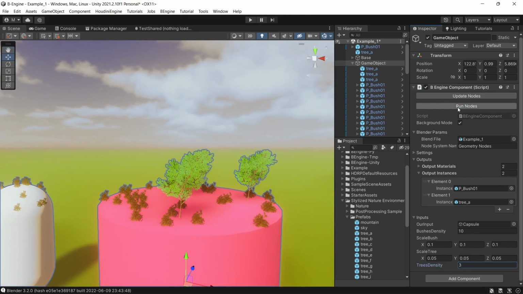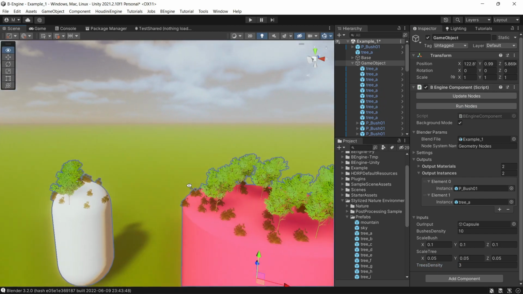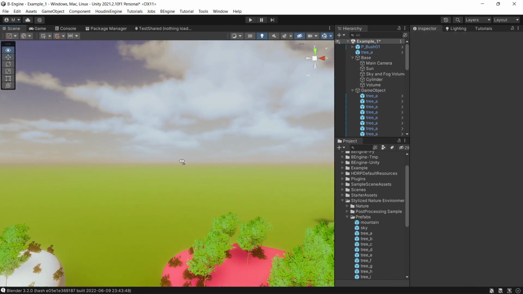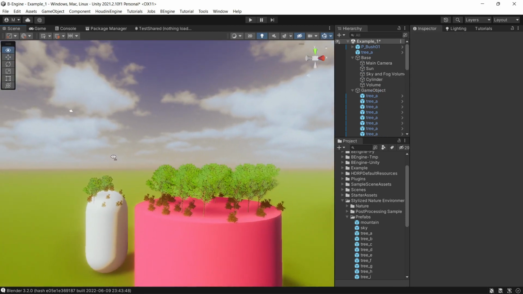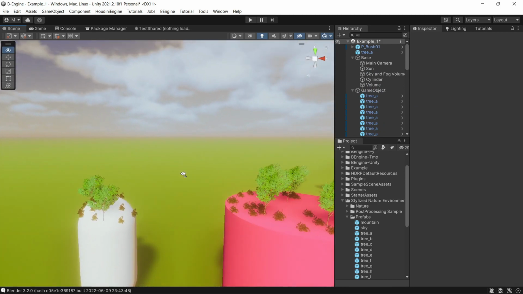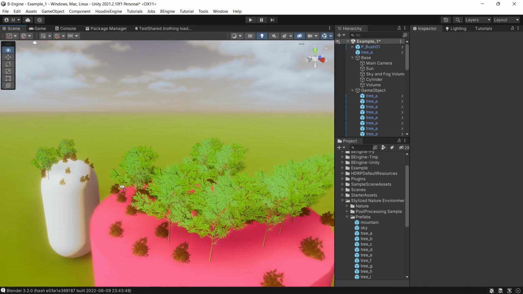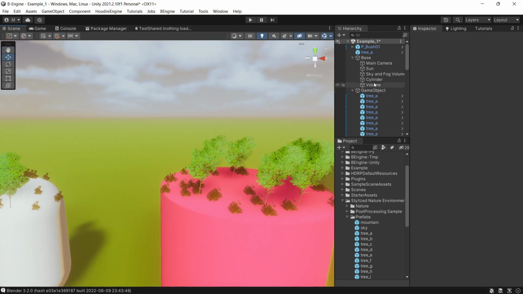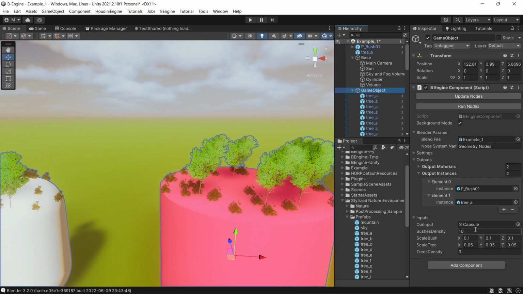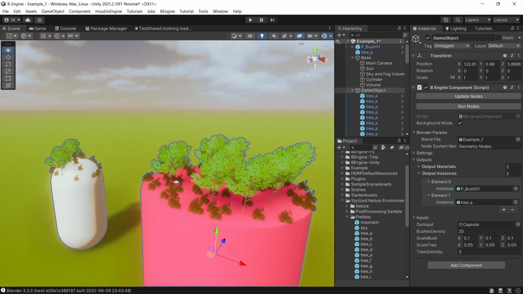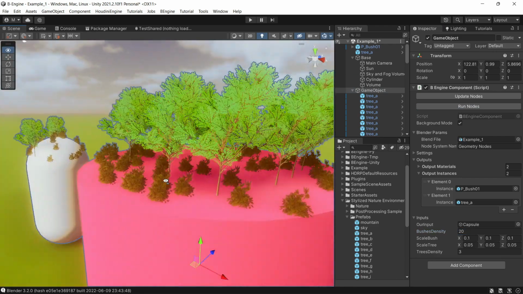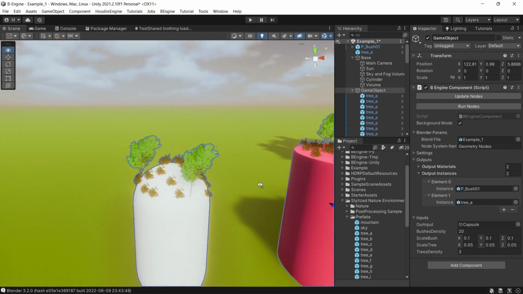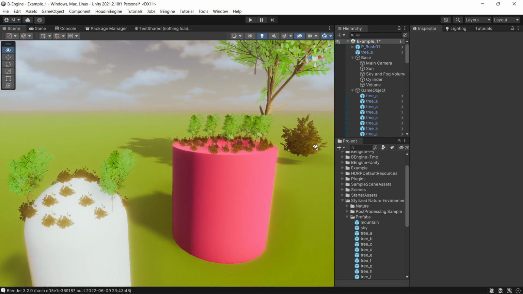Let's set 3. Alright, good. We have something here. Maybe I would add more bushes. Cool, cool. We have something